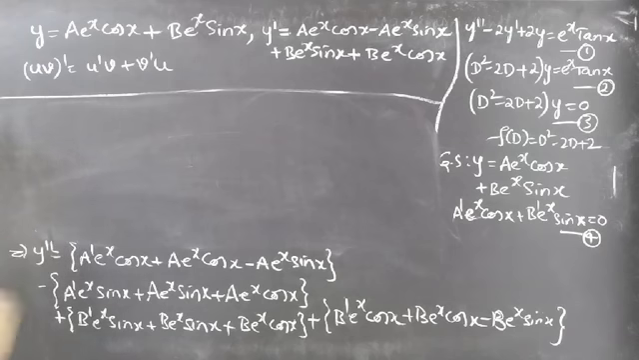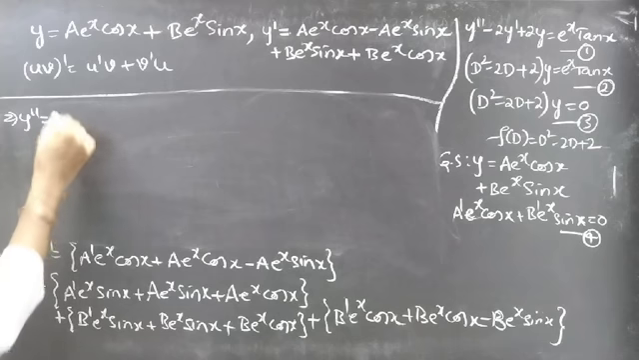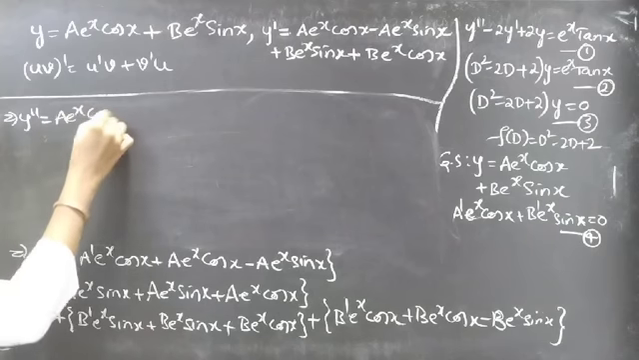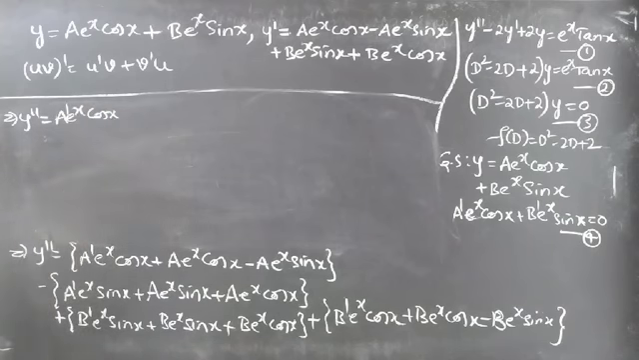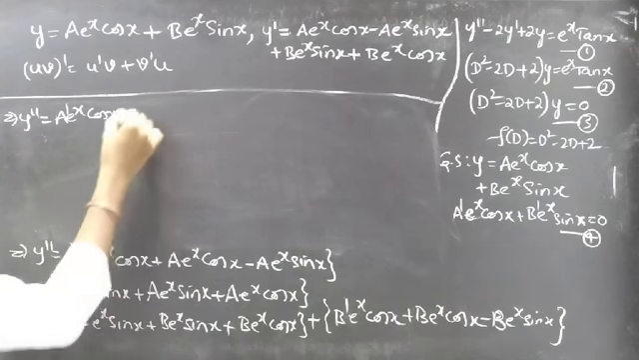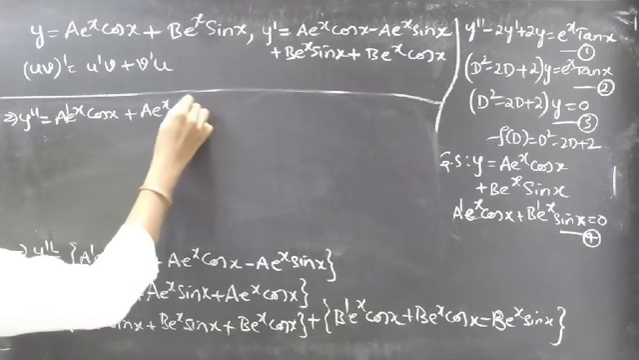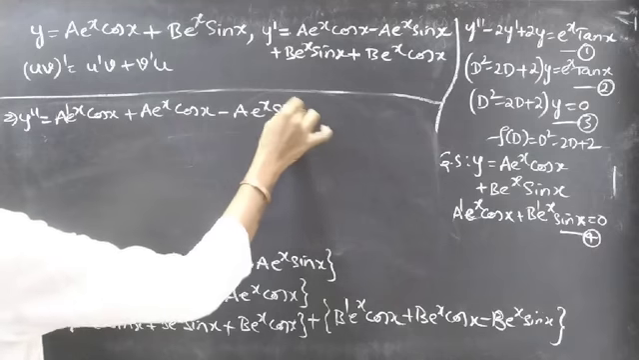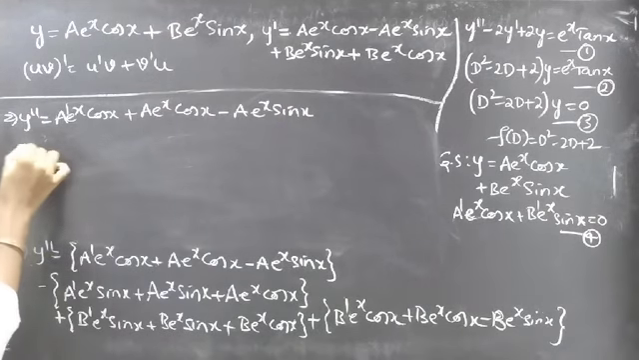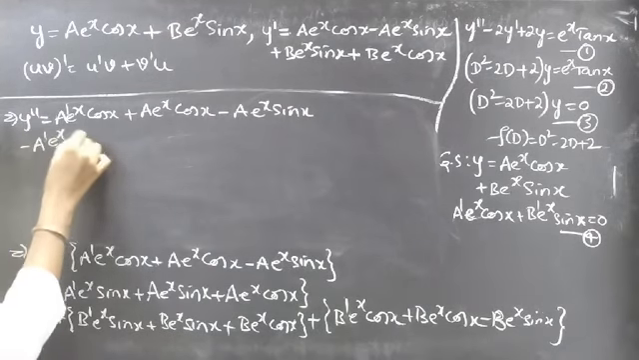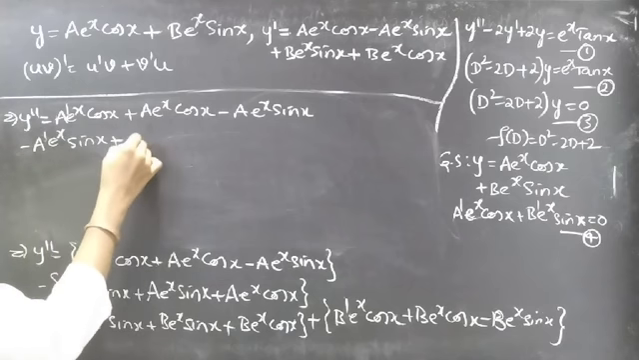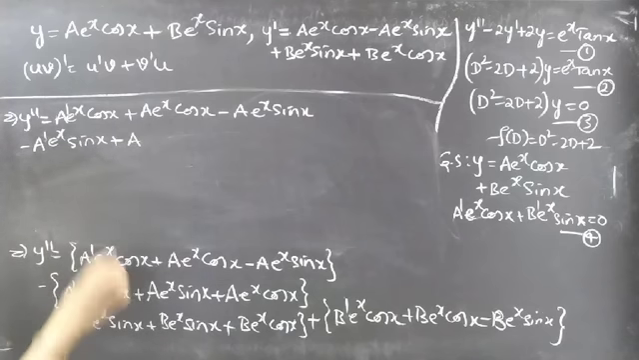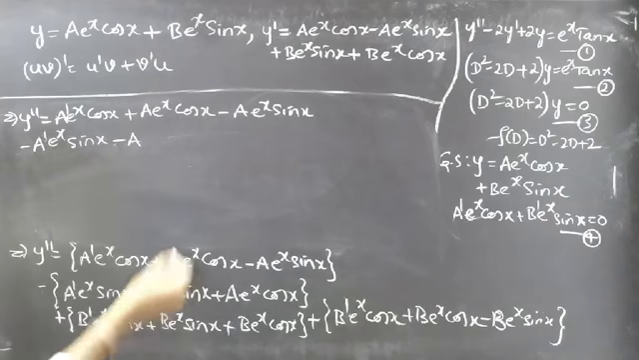It's y double dash, okay, not y dash. Then y double dash equals a e power x cos x, a dash, right? It's a dash. So we'll get a dash e power x cos x plus a e power x cos x minus a e power x sin x minus a dash e power x sin x minus into plus minus a e power x